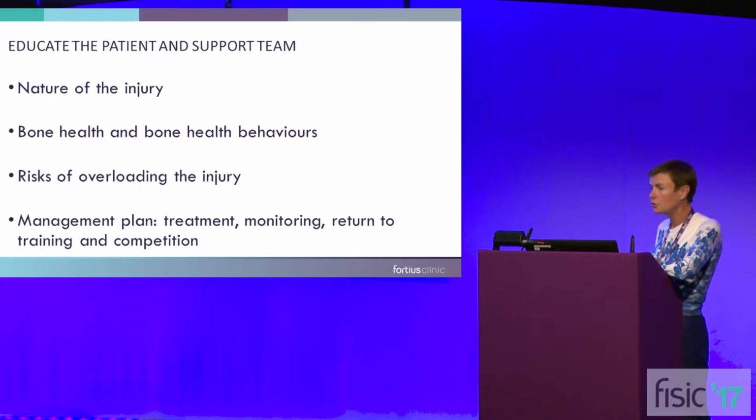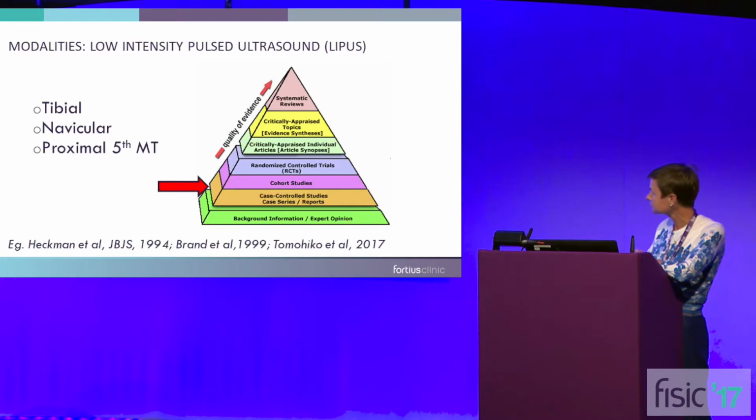And don't forget, often when things don't go well with the repair of a stress fracture, it's because of the behavior of the athlete and the people around them. So make sure that the athlete and the support team understand the injury, they understand how to take care of their bones and what the treatment program is so that they can completely embrace it, because typically they are the ones who will determine their own destiny. So making sure that they're really clear on what the management plan is.